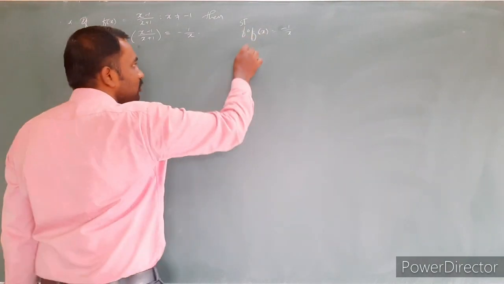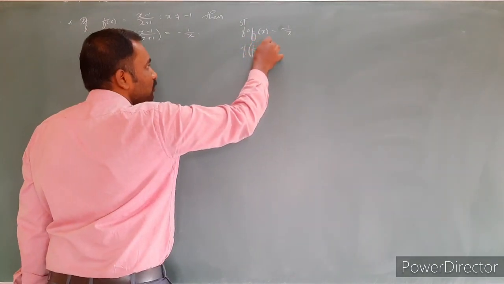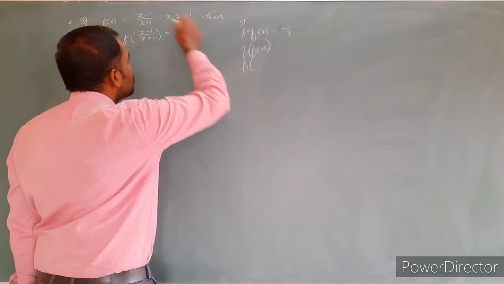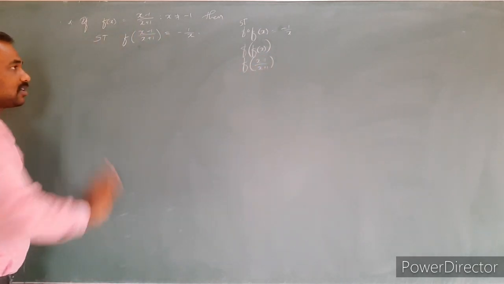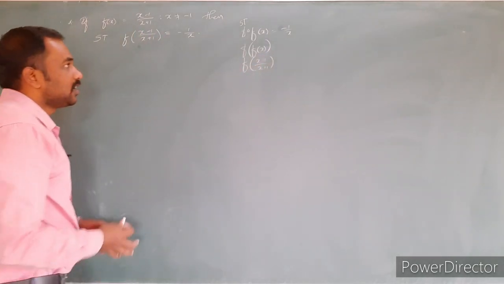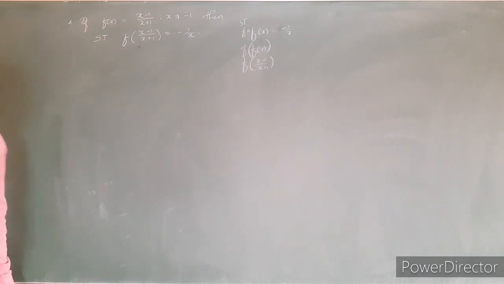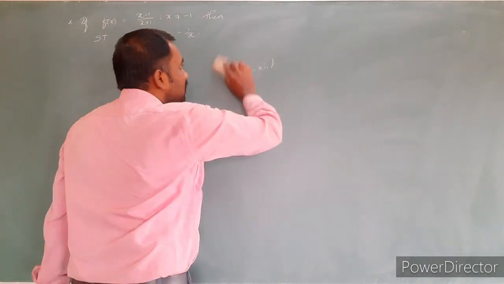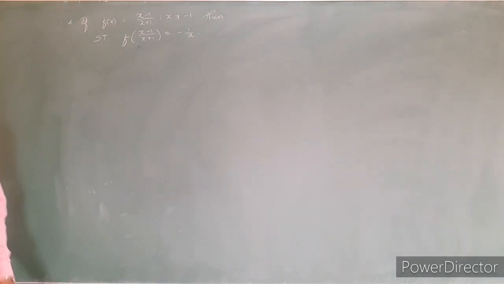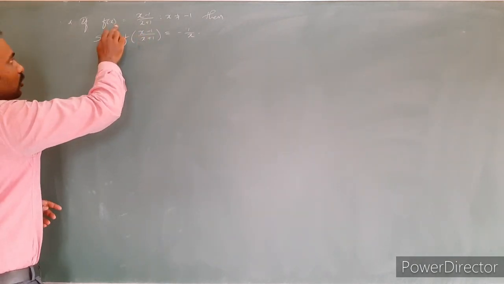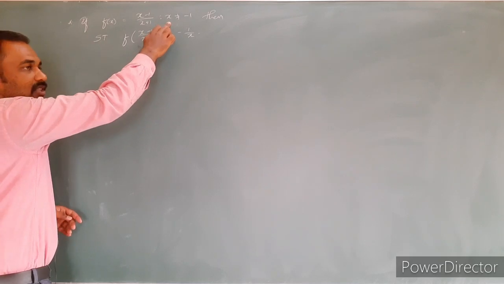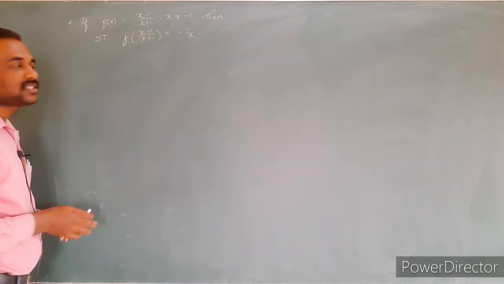Here usually what people used to do, f of x, then f of x is just used to replace it, x minus 1 divided by x plus 1. Already they have replaced it, that's all. Now one step they have made it easier. Okay, simplify. Now that one only I need to simplify. I need to prove that LHS is equal to RHS. Domain of this function is the set of all real numbers except minus 1.